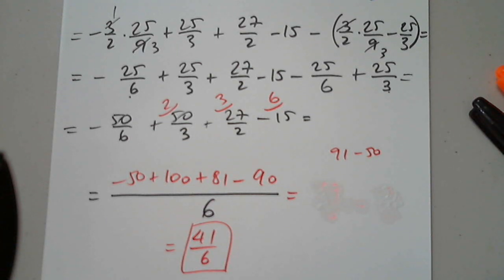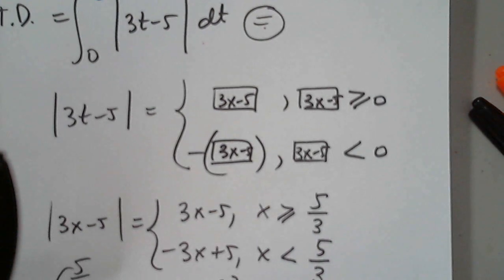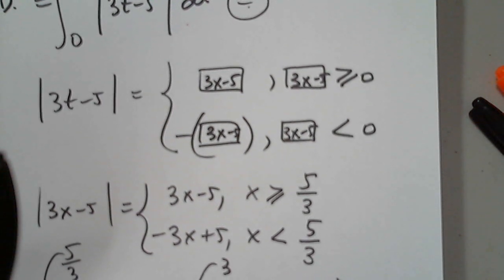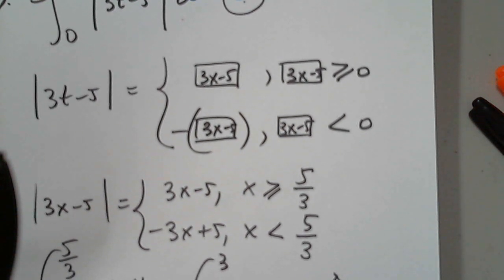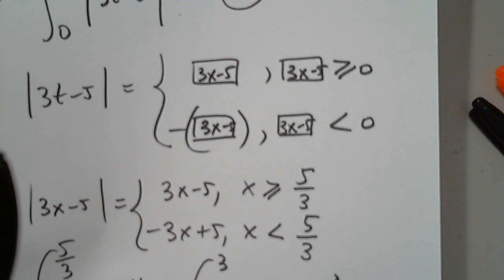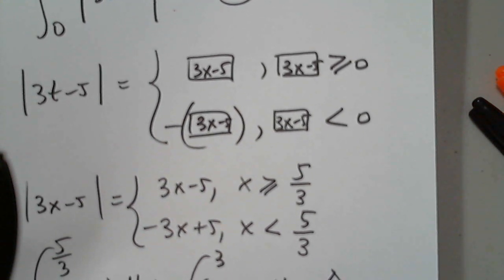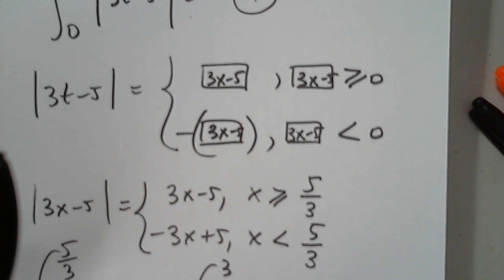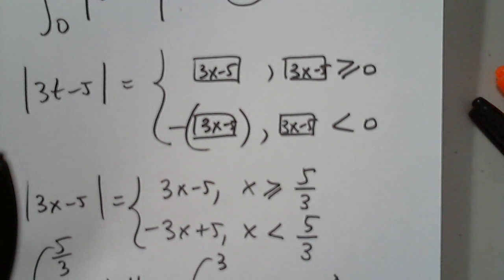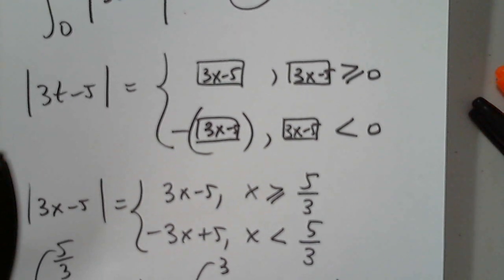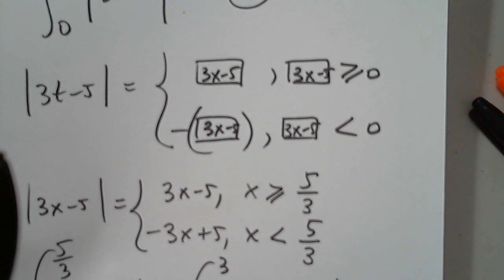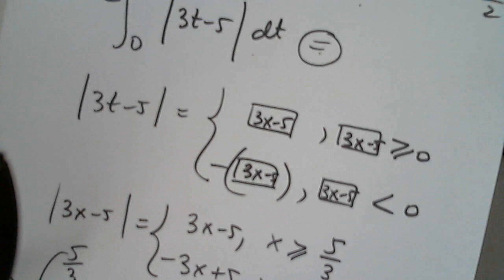So careful how you enter something like this. So 9. Good. So from 0 to 5/3, and the first one is negative 3x plus 5 dx, of course. And then the other one plus another one